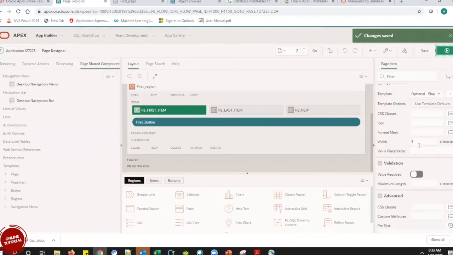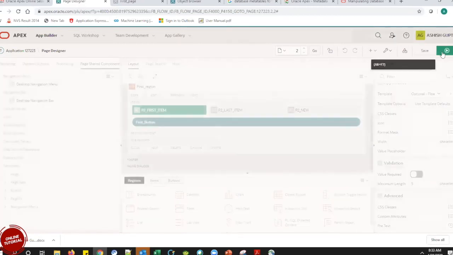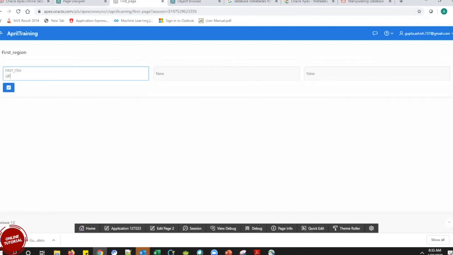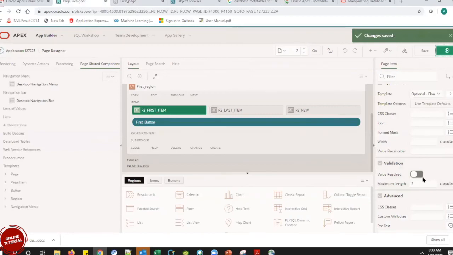Sorry, not here, I need to keep it here. So you can see I'm trying to write after my 5 characters, but it is not accepting in my screen. Those kinds of restrictions I can give from here itself. We need not write validation for that.